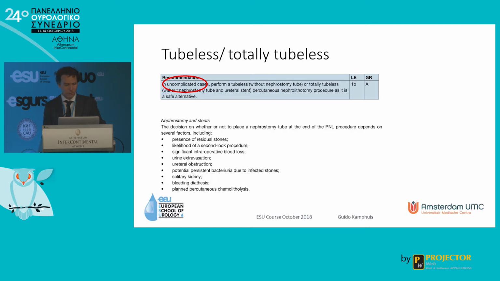I will come back to that in a later presentation. It says in uncomplicated cases, tubeless, meaning no nephrostomy tube, is recommended. There's two studies on that with a level 1B grade A recommendation. The big discussion point obviously is, what do we call uncomplicated, and that's up to your decision during or after surgery. And there's some